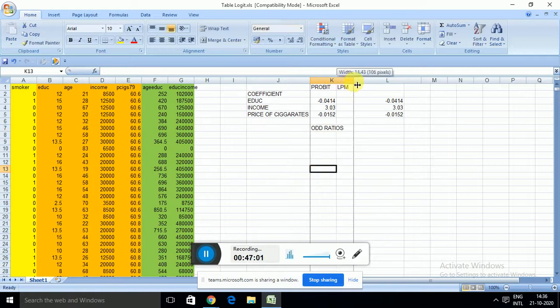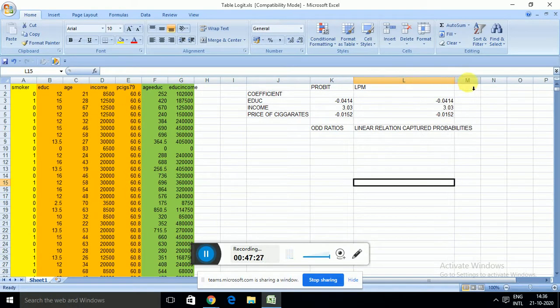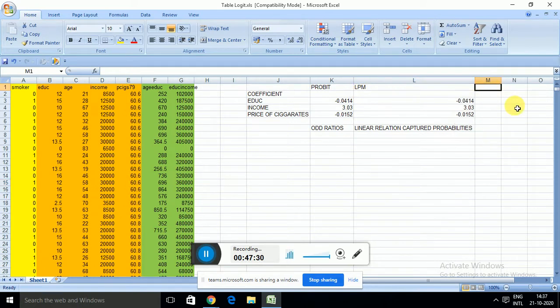And in case of the linear probability model, I said that this is the linear relation captured in terms of the probability. Now, if I want to convert this odd ratio into the probability, how should I do it? So basically the formula is 1 over,